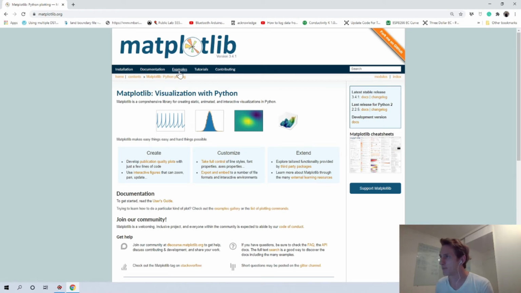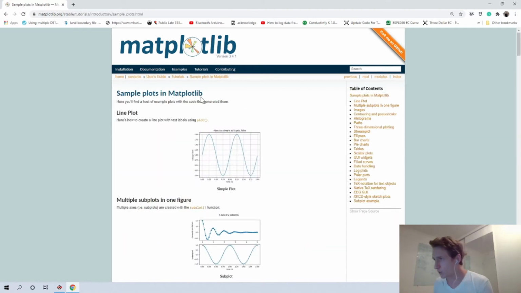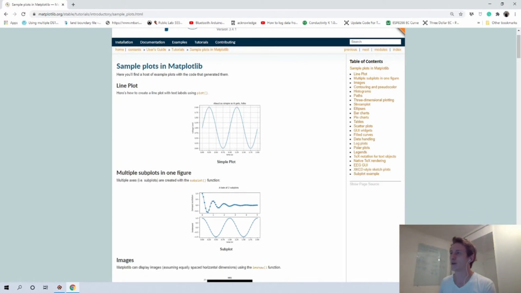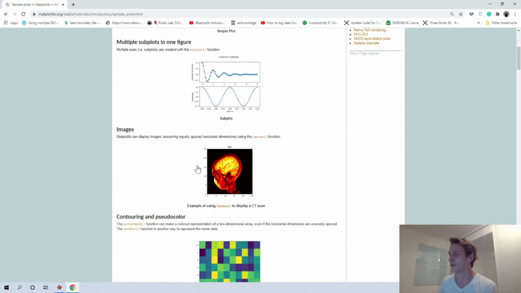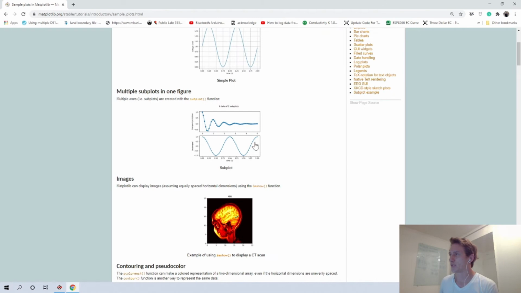We have examples, tutorials, and also, as Matplotlib is an open source package, you can contribute to that package too. Here are the types of sample plots in Matplotlib. For example, here we have line plots and multiple subplots in one figure. This we'll cover in this part of the course.